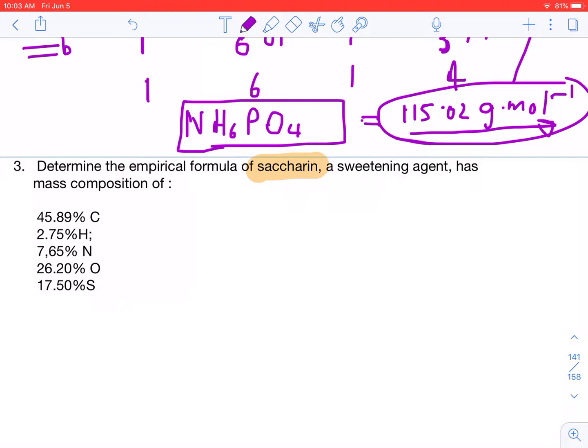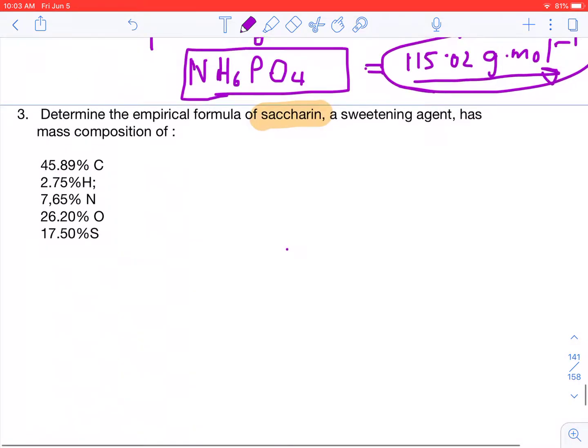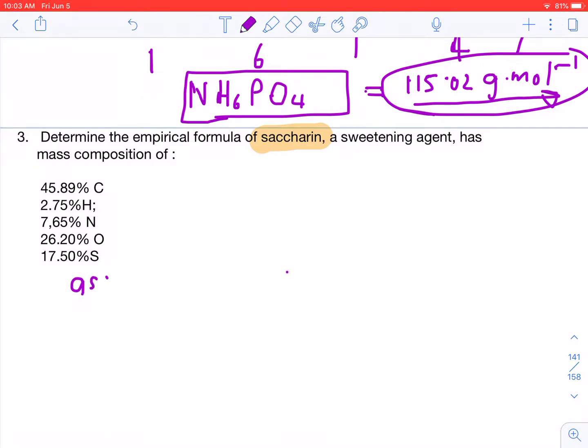We say assume a 100-gram sample. So if you assume the 100-gram sample, then we know that this percentage here would imply